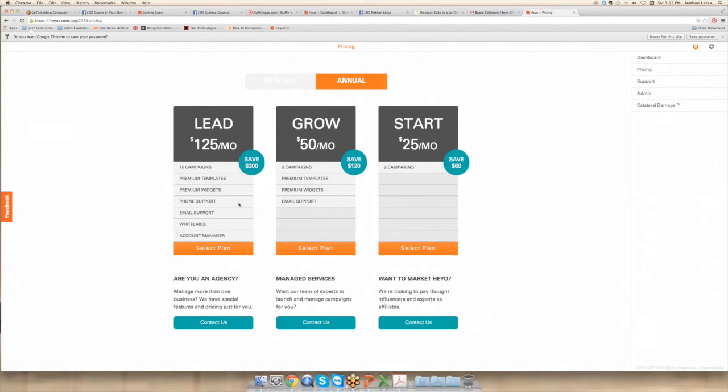And there's no phone support. It is not white labeled, and you don't have an account manager. An account manager is somebody like me, internal at Heyo, where Marge, if you have questions or concerns on the lead plan, you can reach out to your account manager and get very quick responses. And Marge, maybe you can provide some insight into that. Have you used our support or had any questions or issues, and what was that experience like for you?